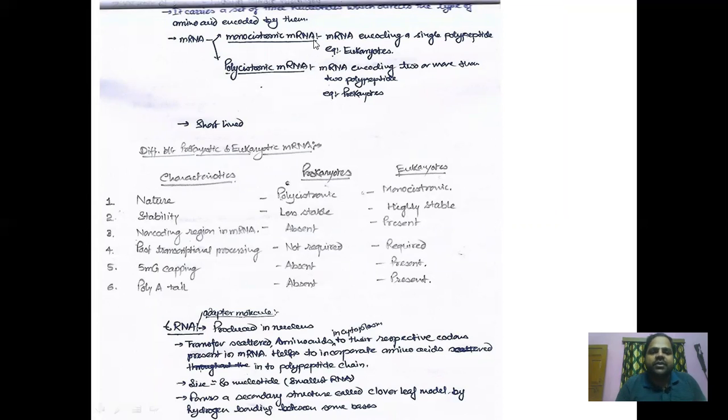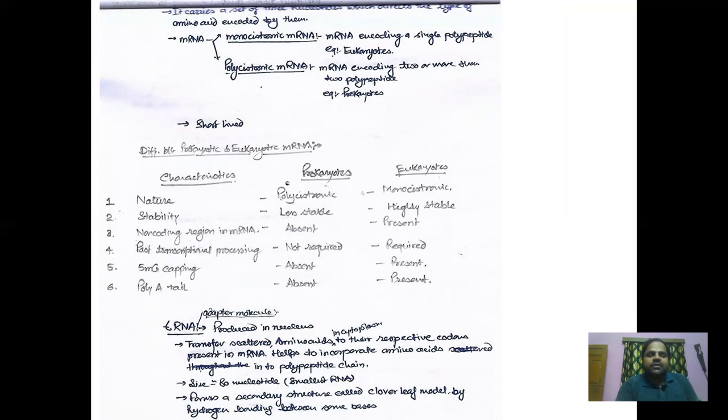Monocistronic mRNAs are those mRNAs which encode a single polypeptide. It means a single mRNA will form a single polypeptide. It is always present in eukaryotes, but in case of prokaryotes, polycistronic mRNA is present. It means a single mRNA can encode two or more than two polypeptides. So we can see different categories of this mRNA, and we will see here the difference between prokaryotic and eukaryotic